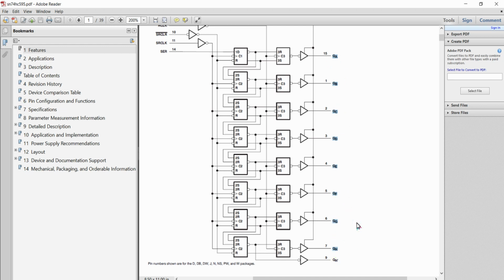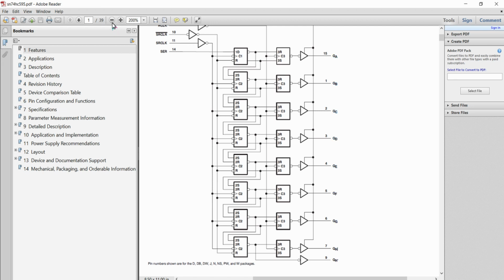So in this port we will get the parallel output data equivalent to the serial input data that we give through the SPI port of this shift register IC.